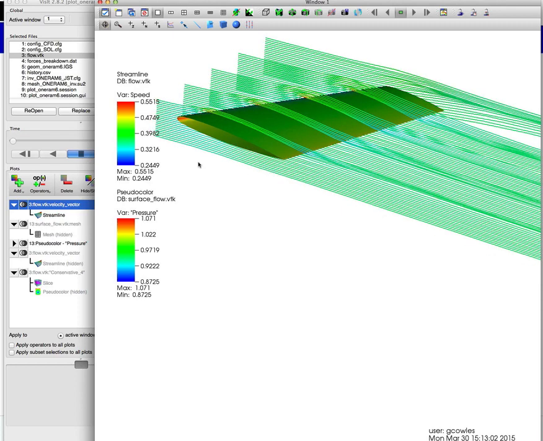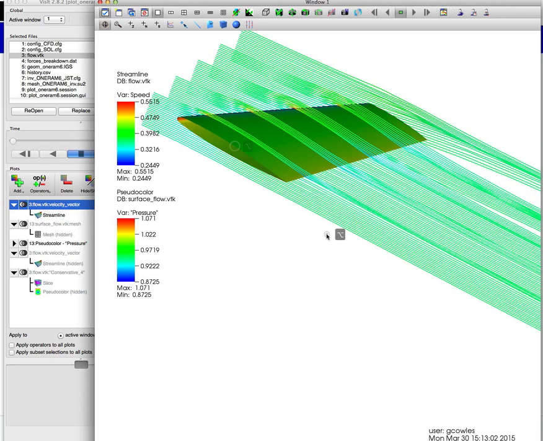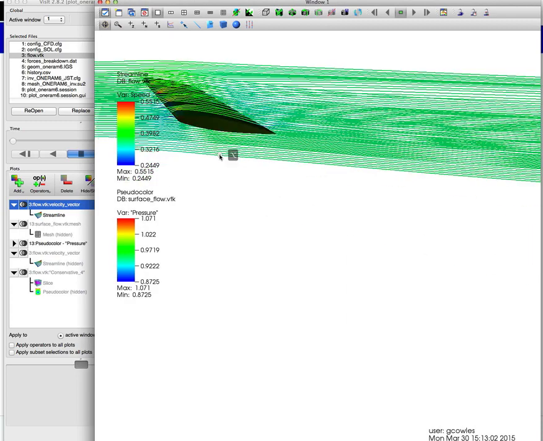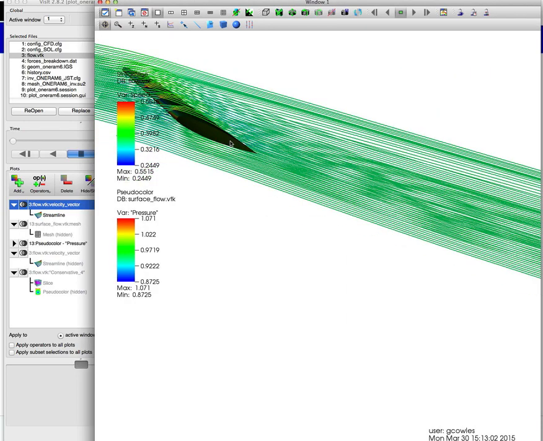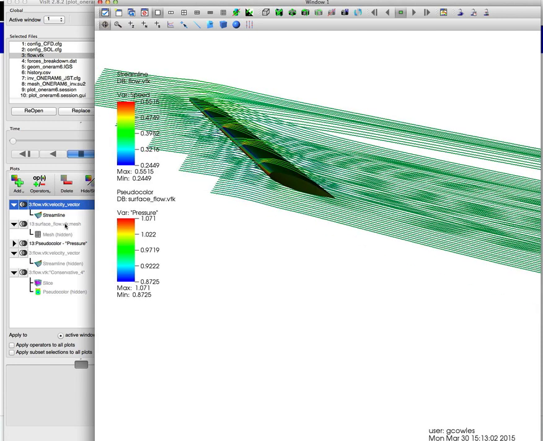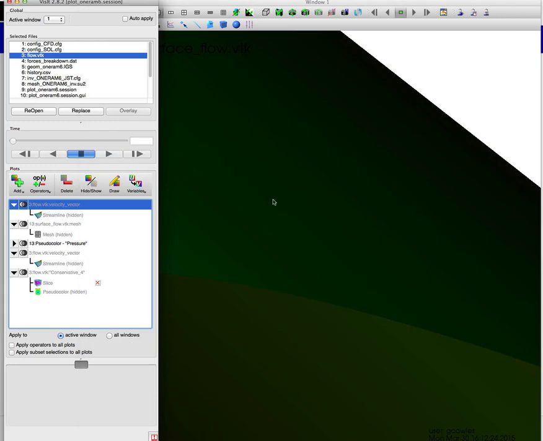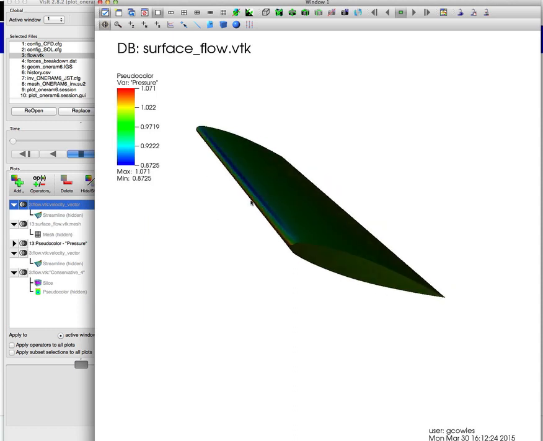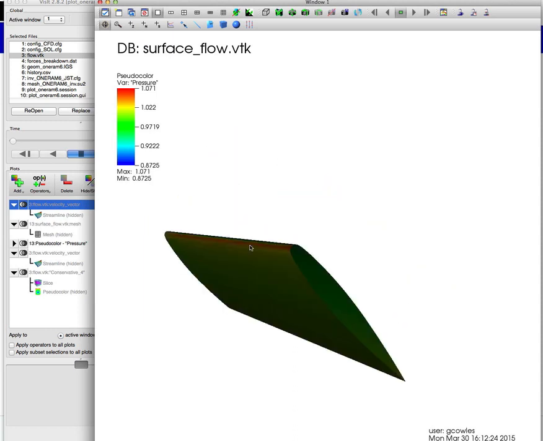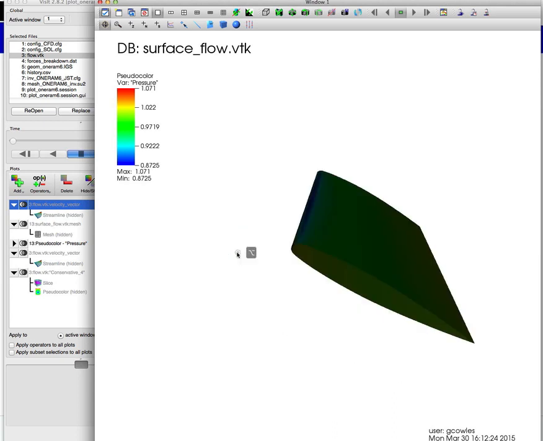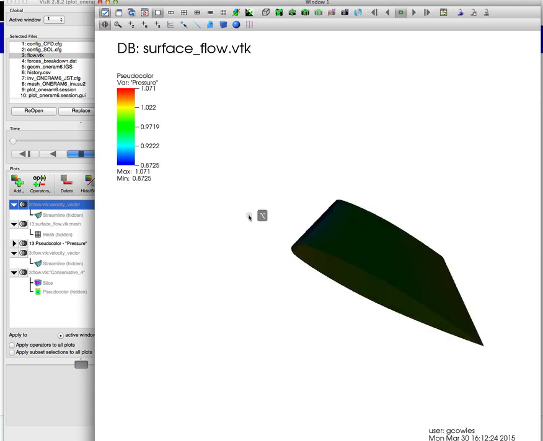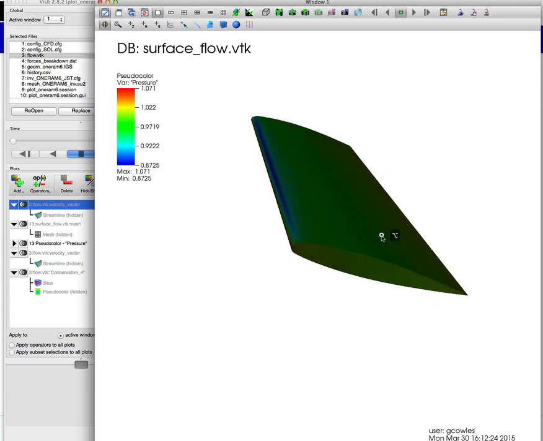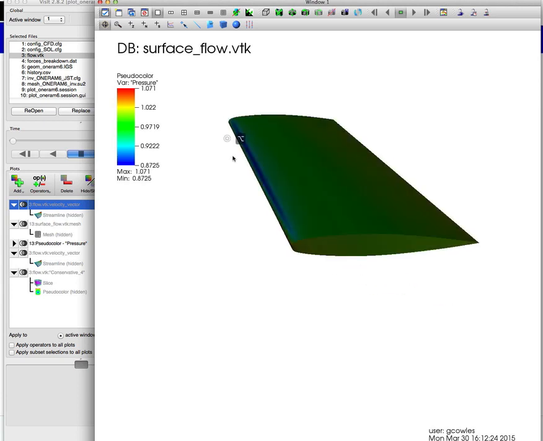What you see here is pressure on the wing. So let me try to turn the wing around here. You'll see the pressure distribution on the wing. And let me get rid of the streamline for a second. Scroll out here. So the pressure distribution on the wing here, the lighting's a little funny, but I have it at a pretty high angle of attack. You can see the stagnation pressure right here on the bottom of the lower surface, and you have a strong suction peak right here. In fact, this angle of attack's close to stalling, but I ran inviscid, so it didn't stall on me. So the flow's accelerating over here, but I've run these streamlines through here,